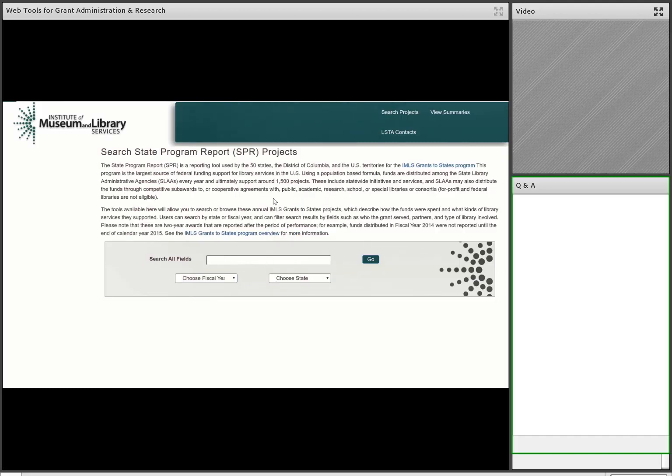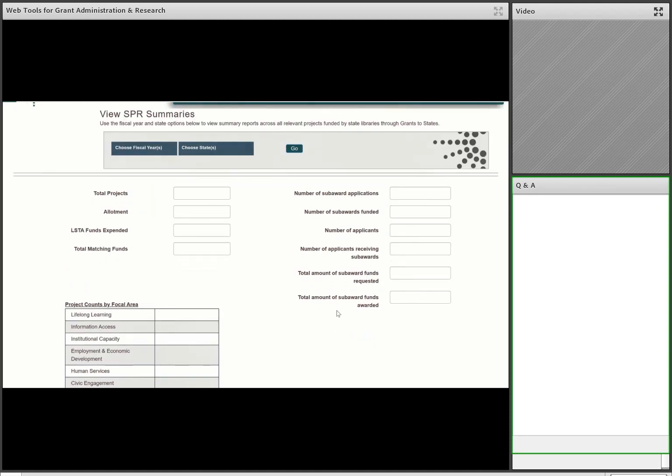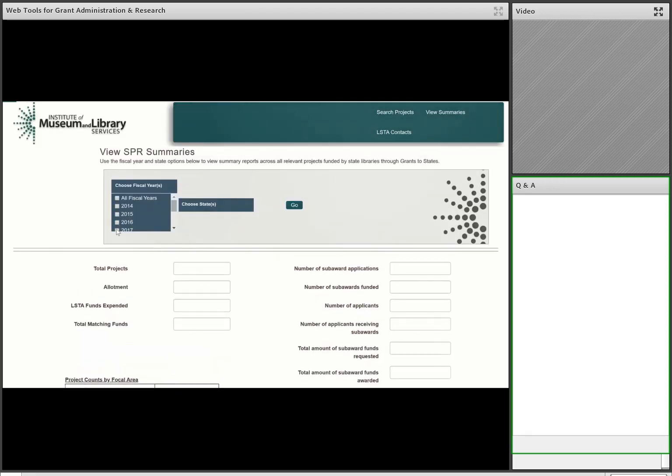That's fine as well. Another area before we get into what these search results look like is this view summaries link. It is a little bit out of the way, so I just like to point it out. And if you click on that, it's interesting because it shows a unique set of data related to the information that you input into the SPR, specifically also the subaward info section. This is a dedicated area of the SPR, and if you are giving out subawards, they definitely should be filled out. And so I just want to show an example of